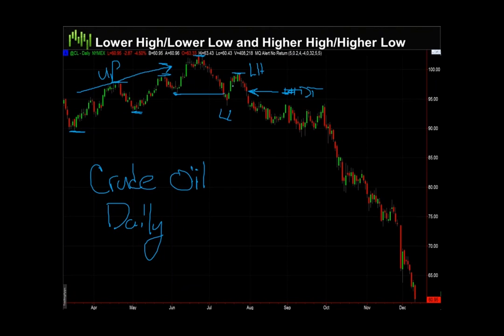Definition of a downtrend is lower highs and lower lows. So let's look at our pivots again. Lower low, lower high, all the way down. Lower lows, lower highs as the market continues to sell off. Now, if you had traded this, if you've been trading crude oil, you would have been selling, or you could